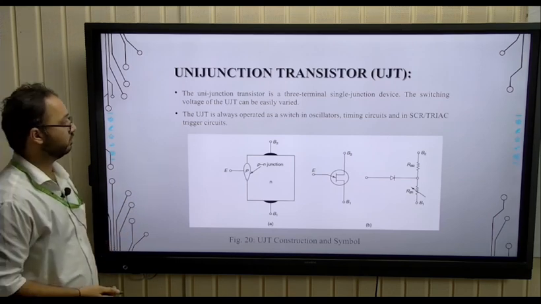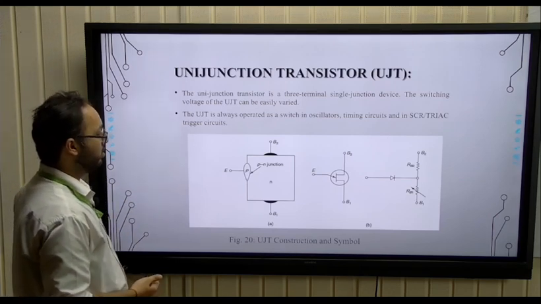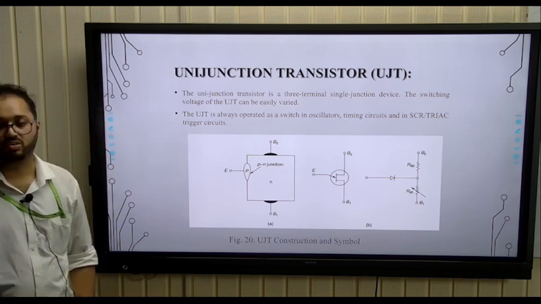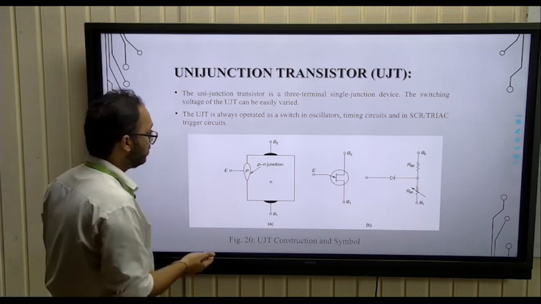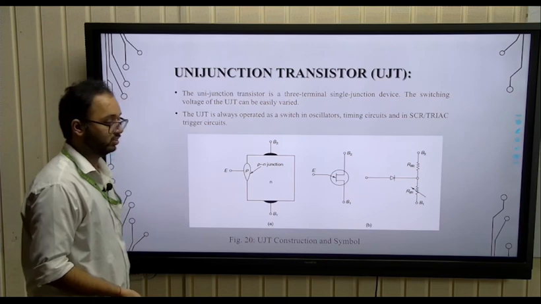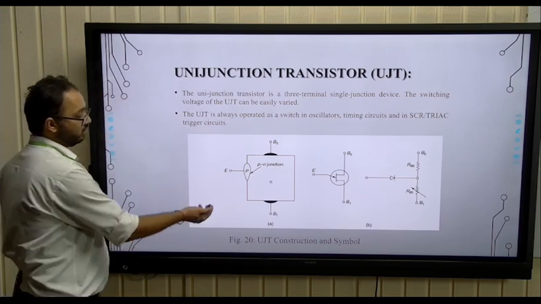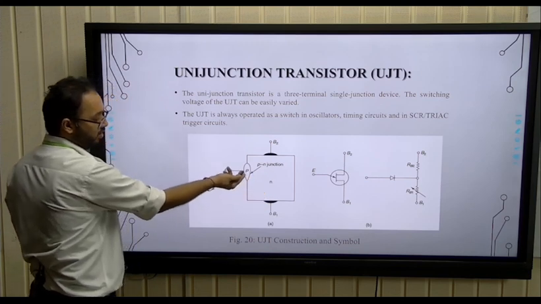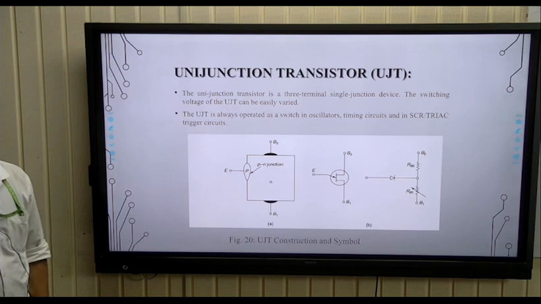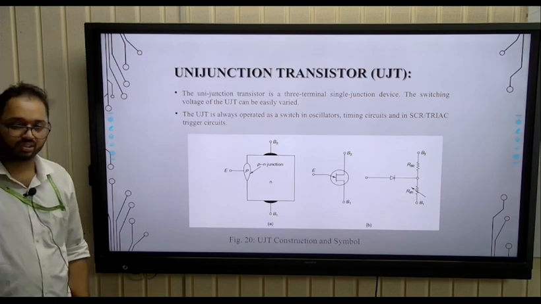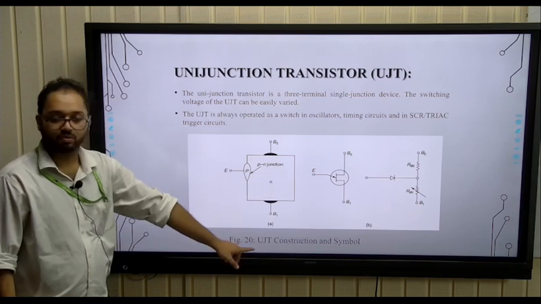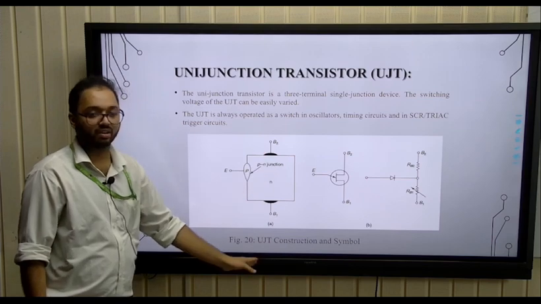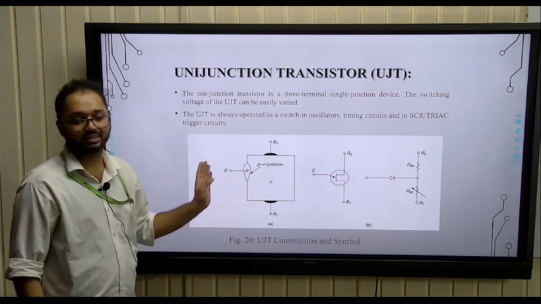This is UJT. Okay, why do we use UJT? I already told you, when we are trying to switch on an SCR or we are trying to switch on a triac, we use this to generate the gate pulse actually. Okay, why is it UJT? Because in the whole N junction or N substrate we are having only this amount of doping. Okay, so it is only having one junction which is controlling the current between these two. Okay, now you can see why it is just like this and this whole part is conducting, why we are using this even. Okay, it is not like this.